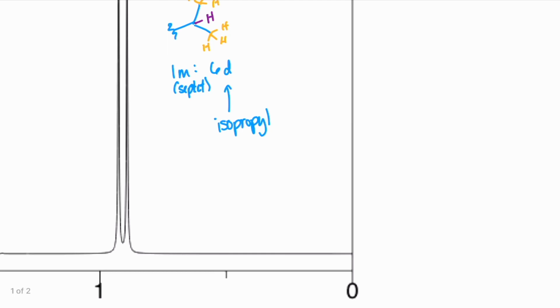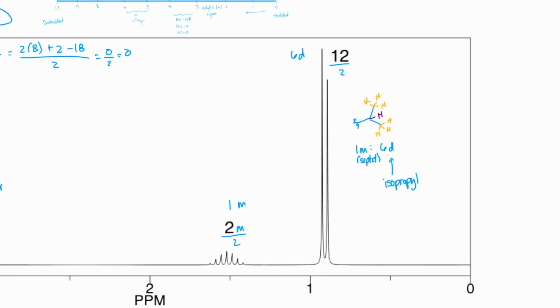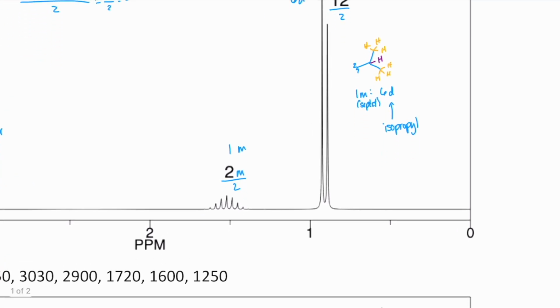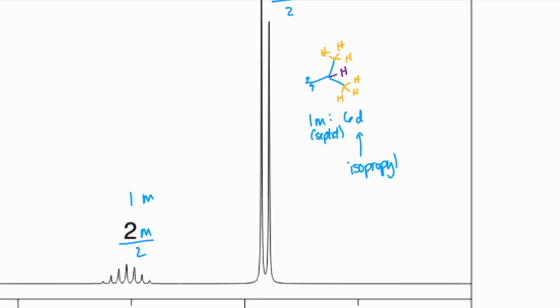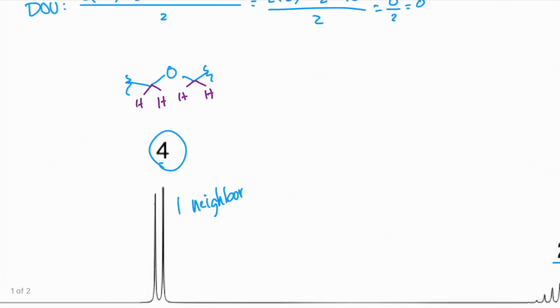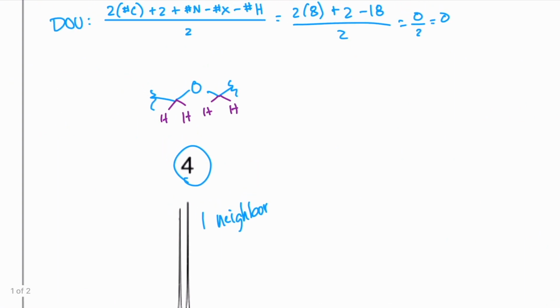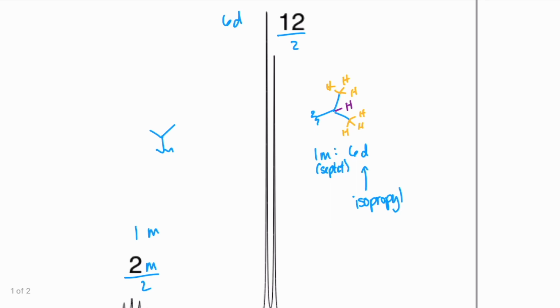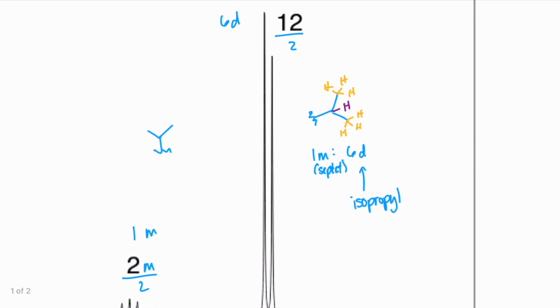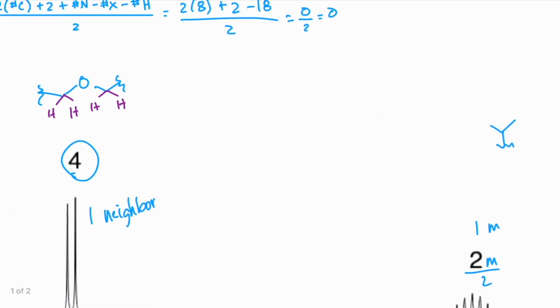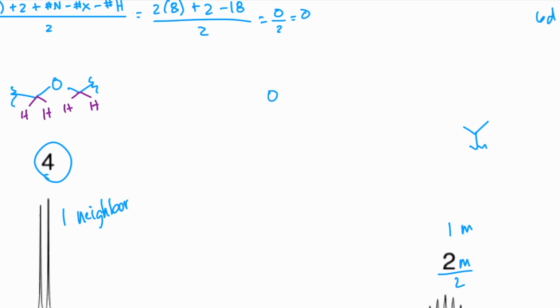All right, and so what we saw is it's doubled up, right? It's a 2 to 12 instead of a 1 to 6. So is it possible to have 2 of these? Well, let's see. We have 2 ends to our molecule that we've been building here. And we have 2 isopropyl groups. So what if we just combine them together? So what we end up getting